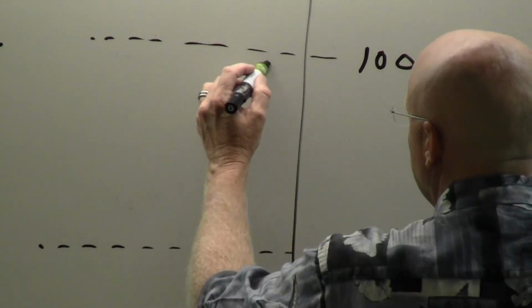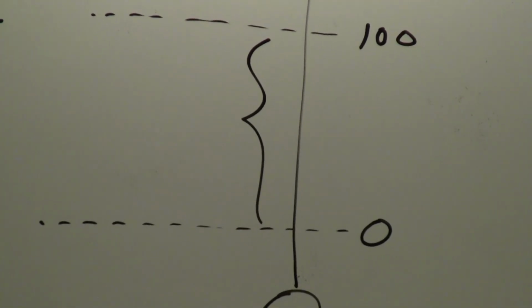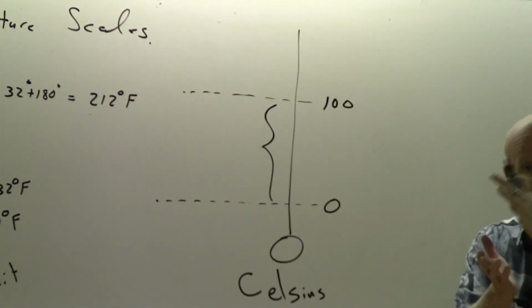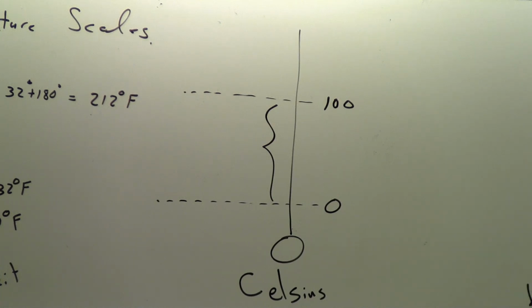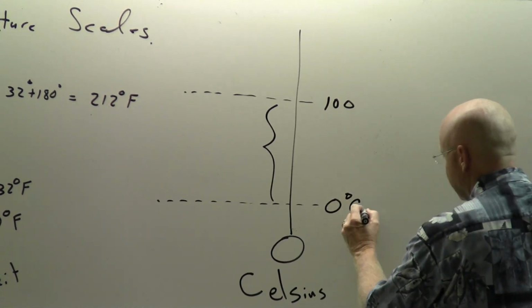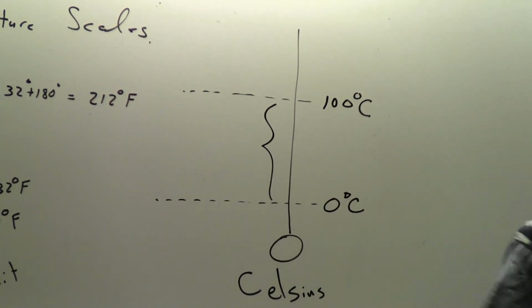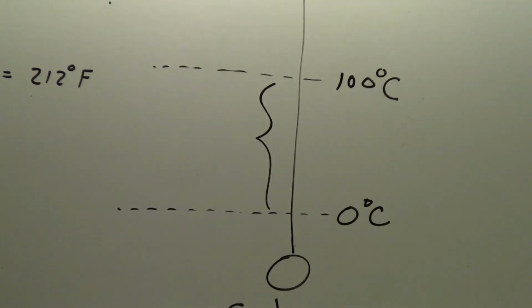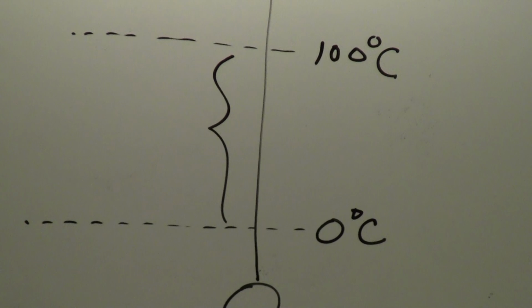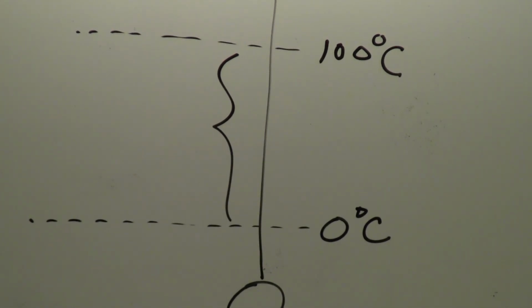And the funniest thing I find about this, though, is even though he's trying to make it base 10 and he's trying to make it a linear scale instead of a dial, he still calls it degrees Celsius. And so if you're not familiar with the Celsius scale, although I have a feeling everyone is, ice water is 0 degrees Celsius and boiling water is 100 degrees Celsius. And so that's the difference between those scales.